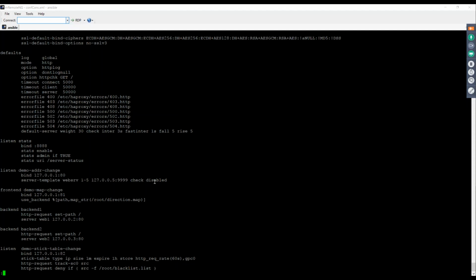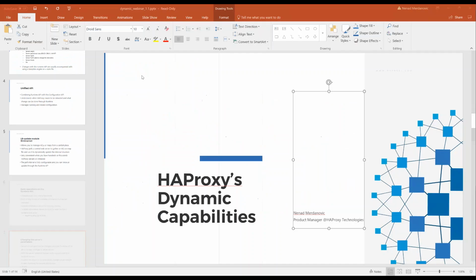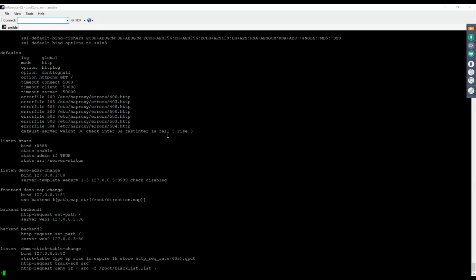They're also all disabled. So if we look at the status page, we'll see that this configuration, when running, generates 5 slots for web servers. They're all disabled in this backend. So what we have here